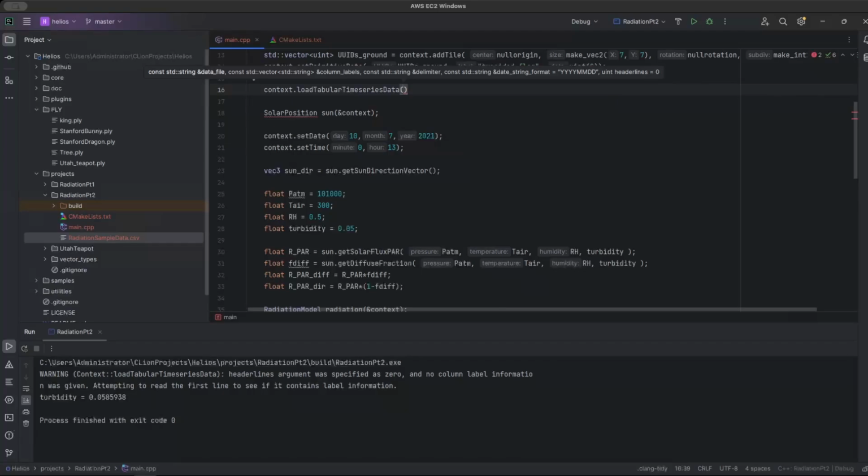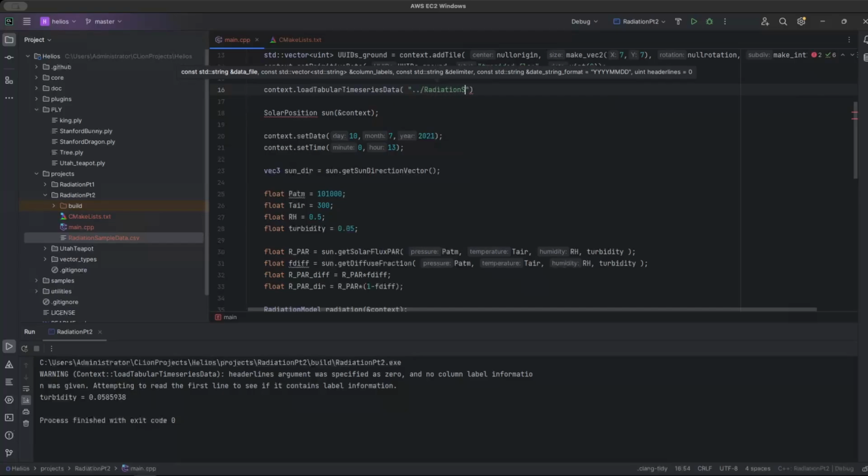In some cases, you may have multiple header lines that you want to skip, like if there's units or something like that. So you'd want to tell it how many header lines that you have such that it starts reading the data after the number of header lines. So our CSV file is up one directory, and it's called